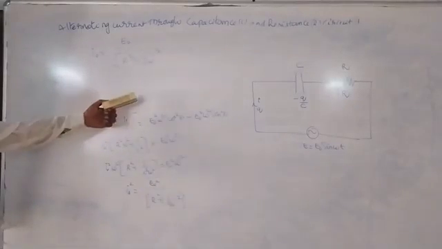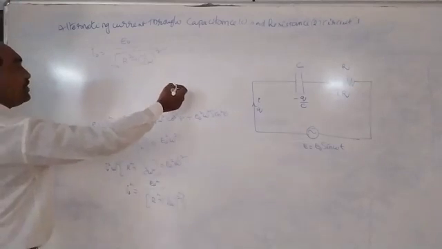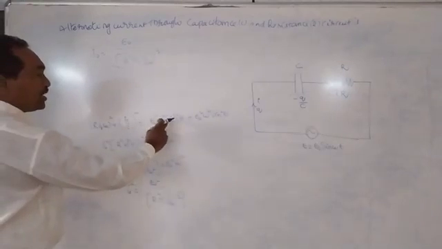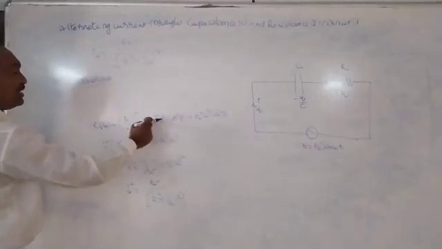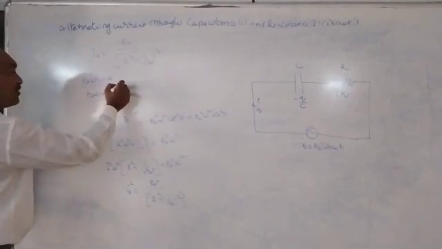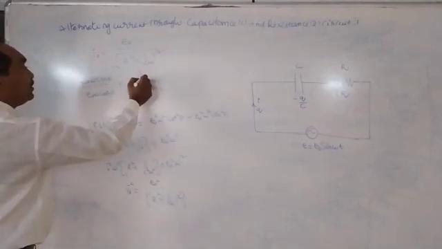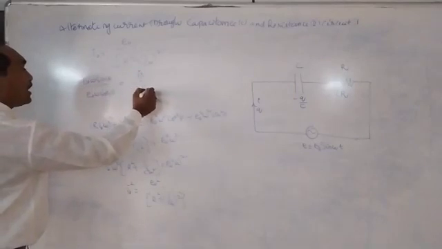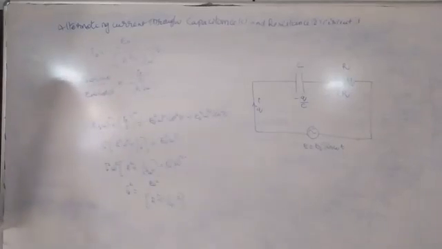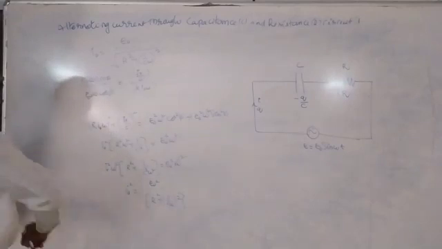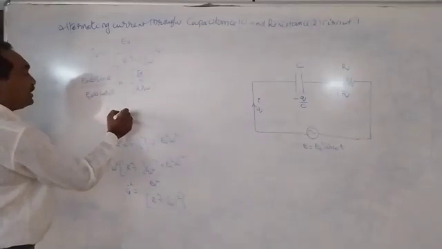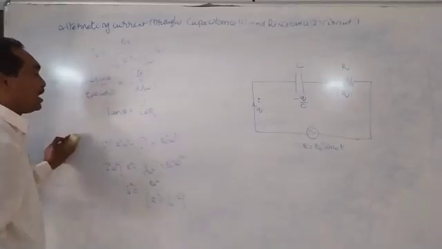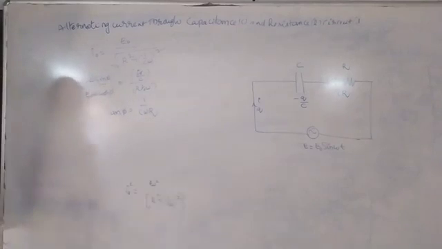Now what is the value of phi? Of course, we cancel here. When dividing equation 5 by equation 4, that is E naught omega sin phi by E naught omega cos phi is equal to, this time, I naught by C by R I naught omega, where E naught omega cancels, I naught cancels. Sin phi by cos phi is tan phi, that is equal to 1 by C omega R. So this is the phase difference between current and voltage in the CR circuit.